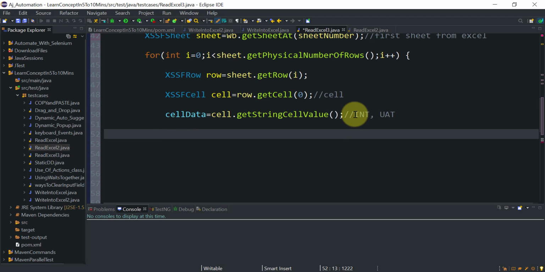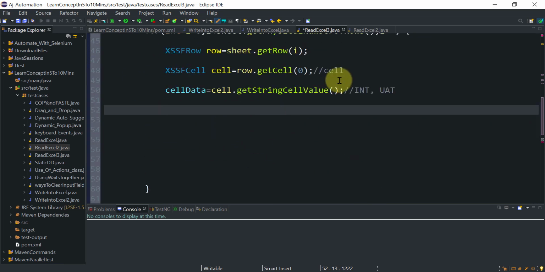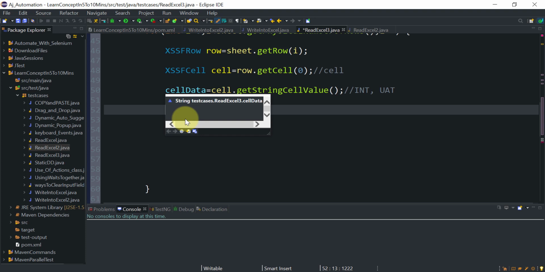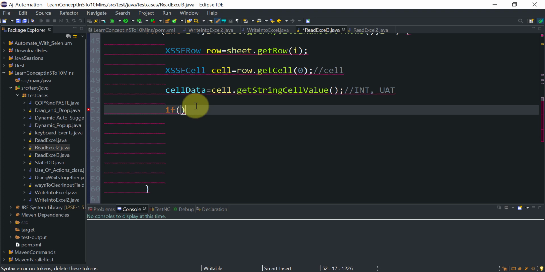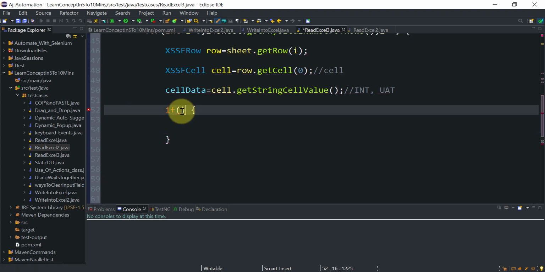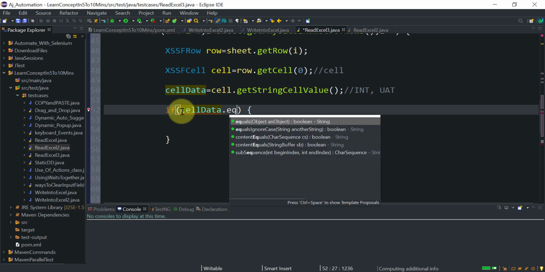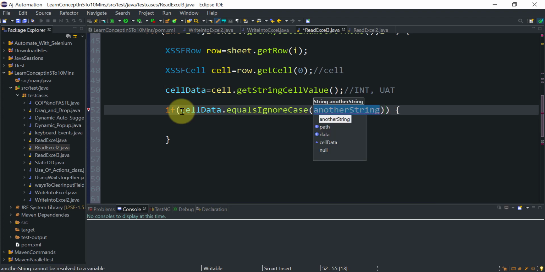I need to compare this value with my server name, whatever I have sent from my calling method. I need to compare whatever value I got in this cellData, and if it is equal to the server name that we are passing from the calling method. For that purpose you can use an if block here. So how will you use the if condition? The condition you can use is if this cellData.equalsIgnoreCase my server name.